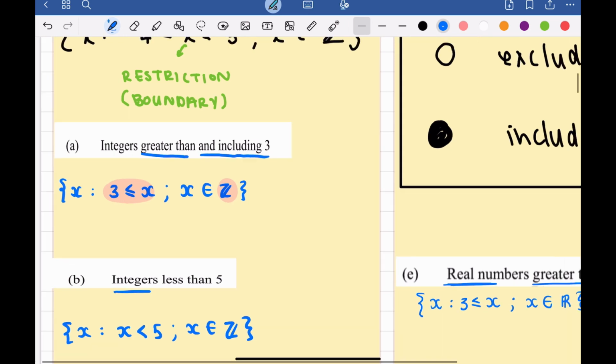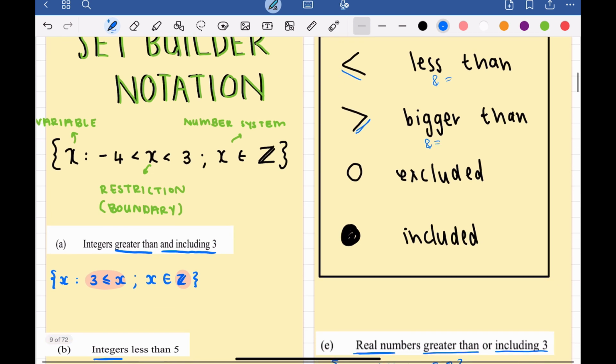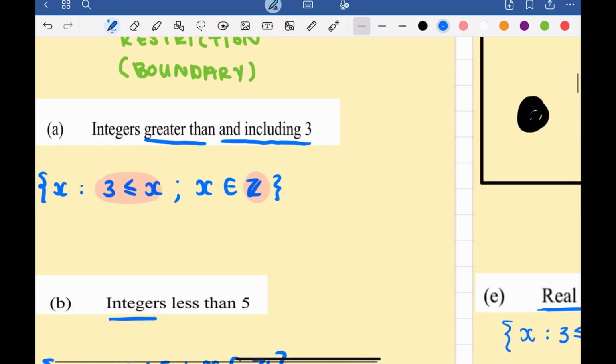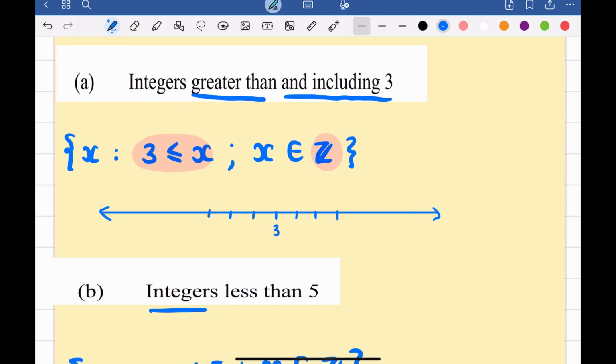Now for the second part of this video, I want to go back for the set builder notation and interval notation and represent this on a number line as well. So now we are going to draw our number line. We've got arrows at the end and we use our ruler to mark off the equal intervals. Okay, so here we're going to put 3 somewhere over here. We always mark it below the number line,